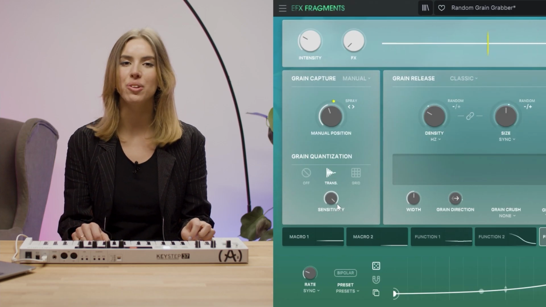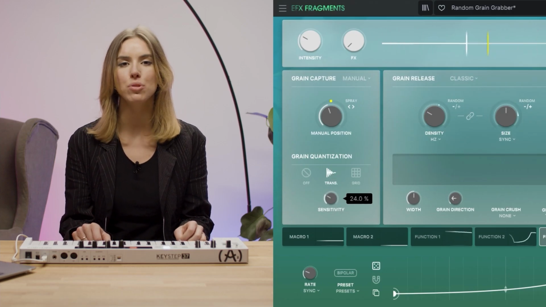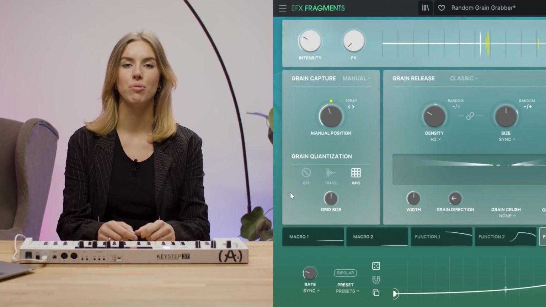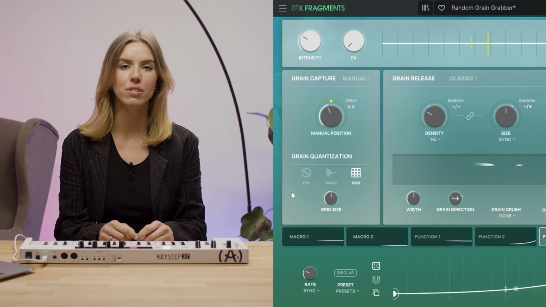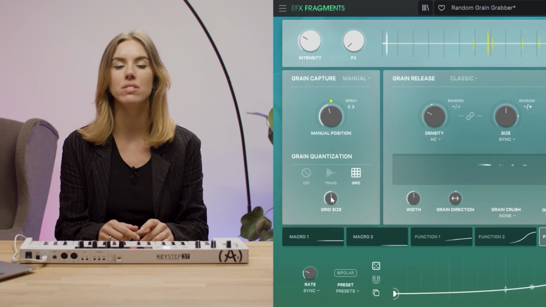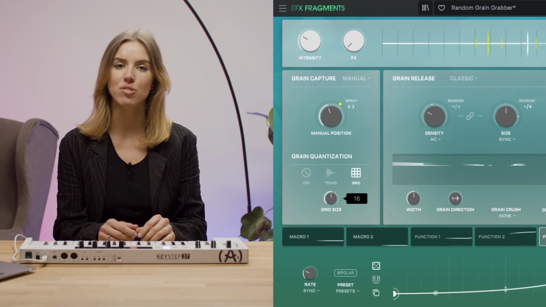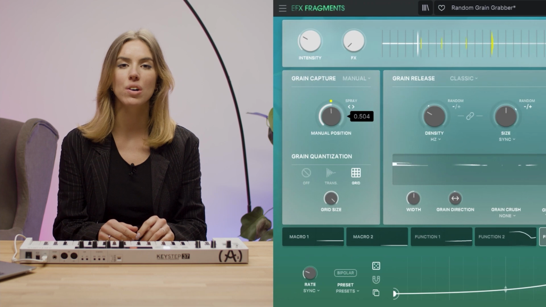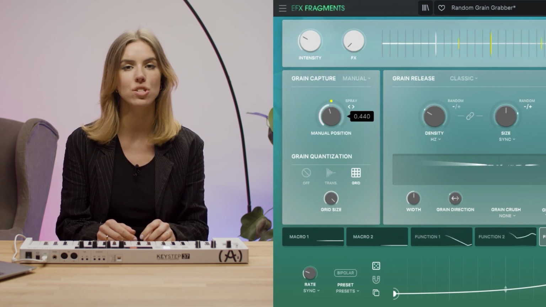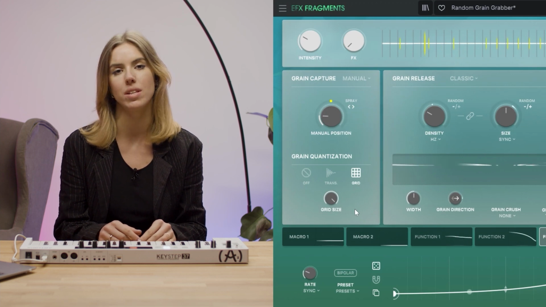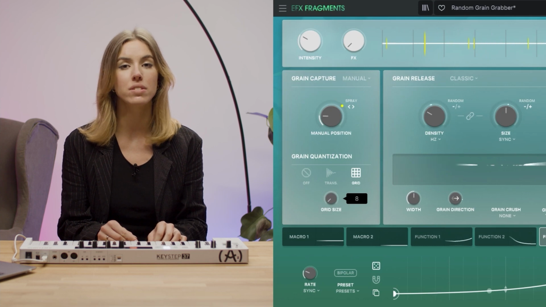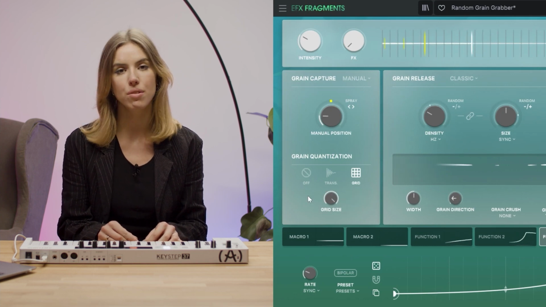On top of that, you can use the sensibility knob to set a minimum threshold for the transient detector. In the grid mode, the grid splits the buffer, resulting in different starting points to generate grains based on time divisions. Just like in the transient mode, the speed offset manual scan knob defines the rate at which the playhead jumps from one step to the next one. You can use the grid size knob to determine if the buffer splits in 8, 16 or 32.